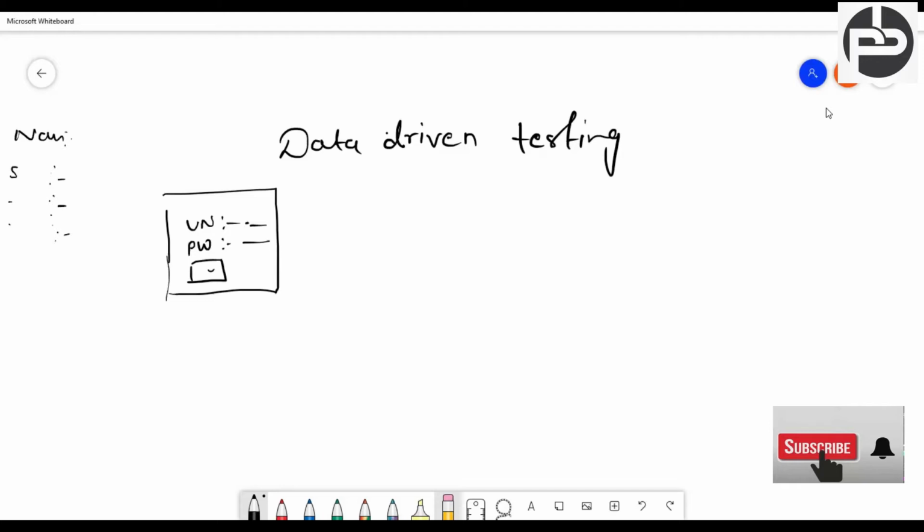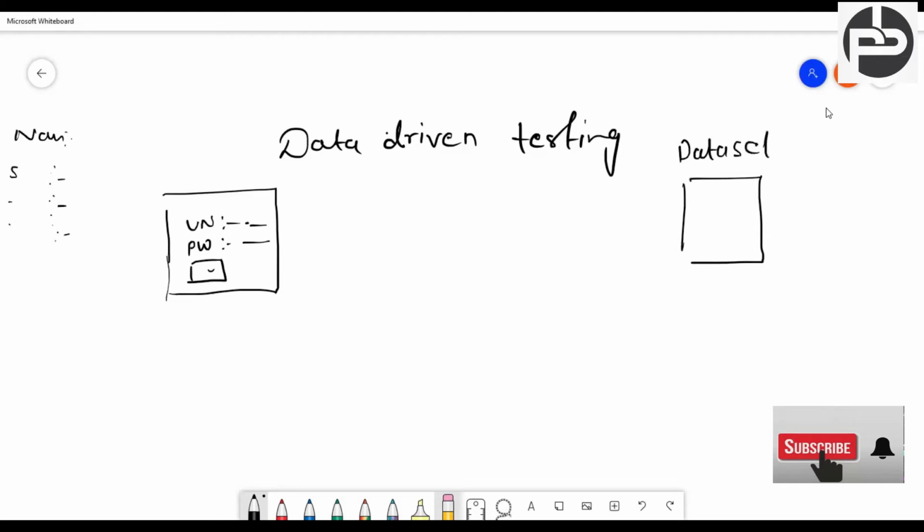All those forms are going to take data from where? We are taking the data from somewhere, so we are capturing this data. For that, data driven testing came into the picture. It means testing driven on top of data. This kind of testing is known as data driven testing. It means we have a data set